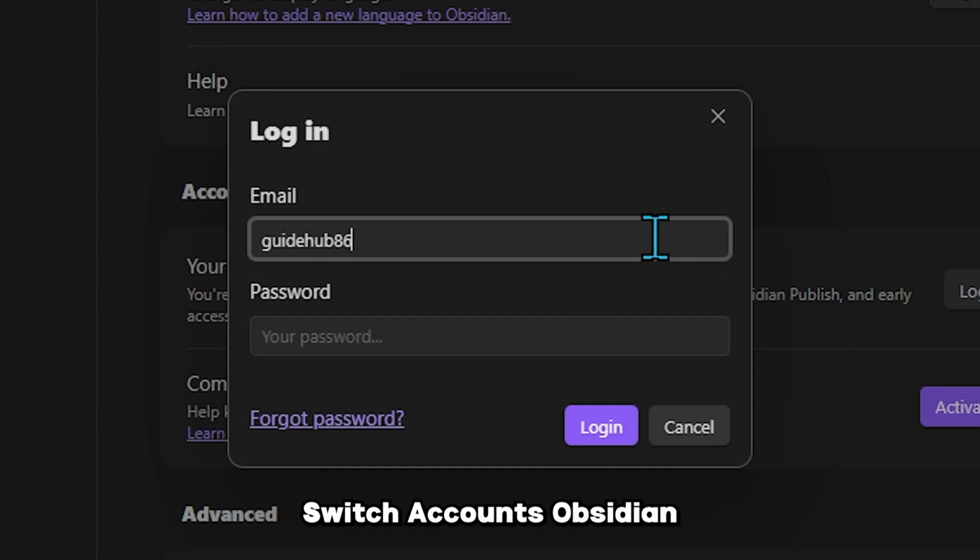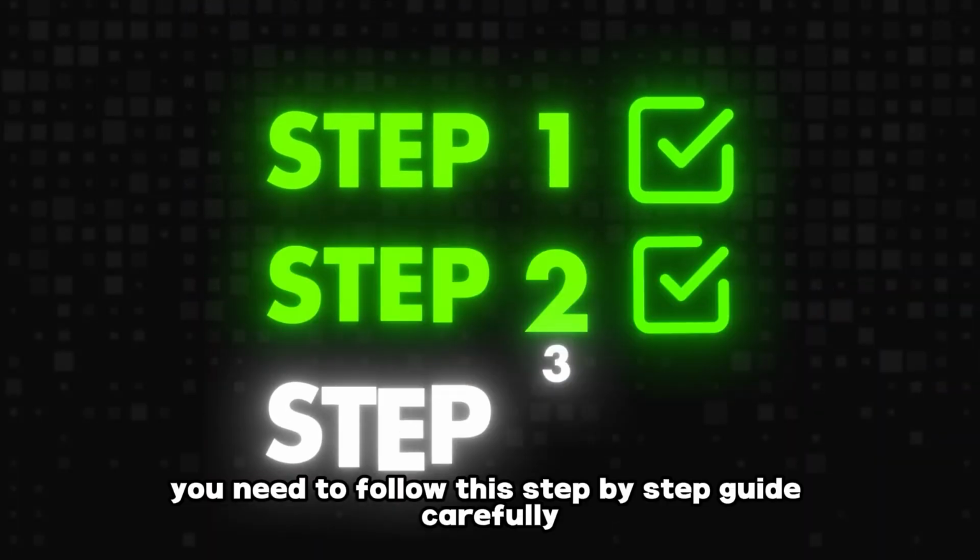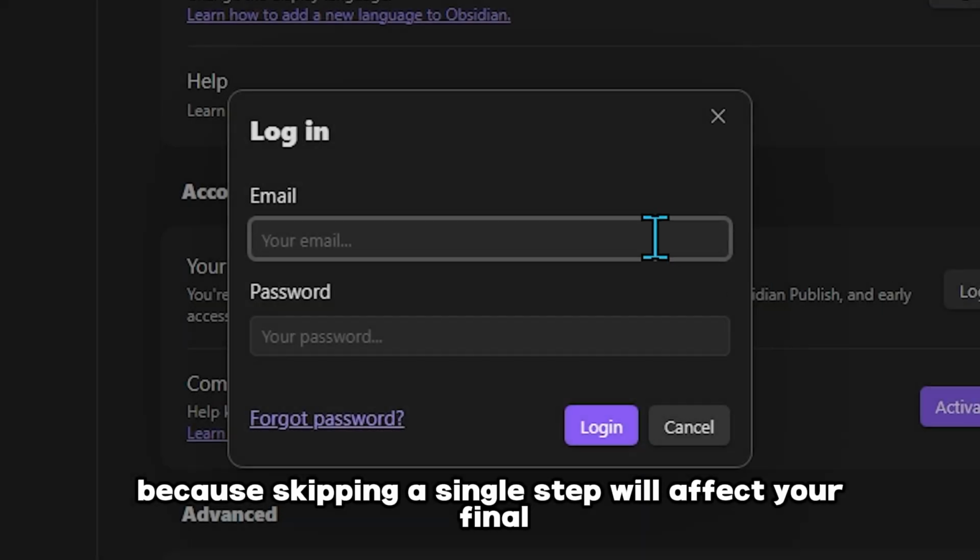Switch Accounts Obsidian. Quick disclaimer, you need to follow this step-by-step guide carefully, because skipping a single step will affect